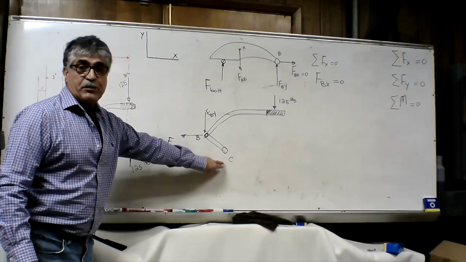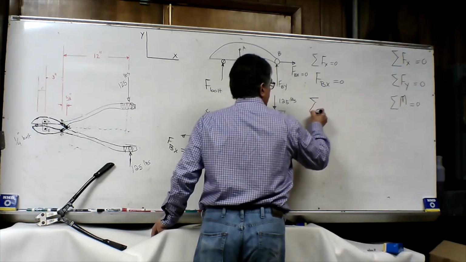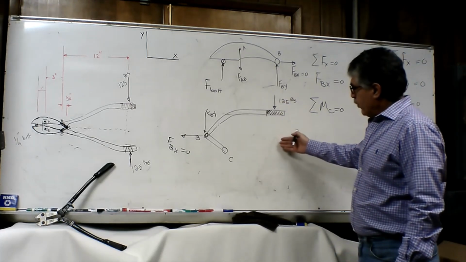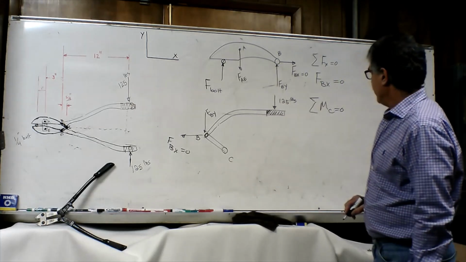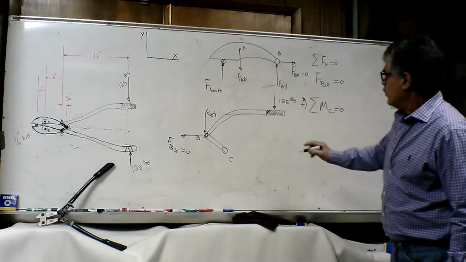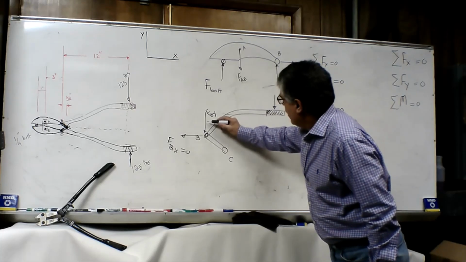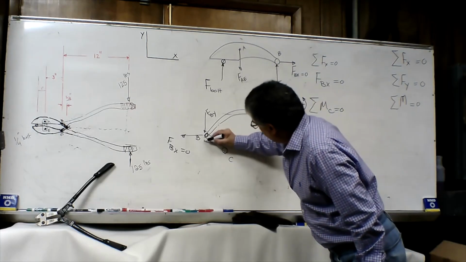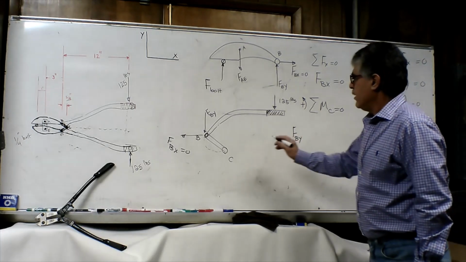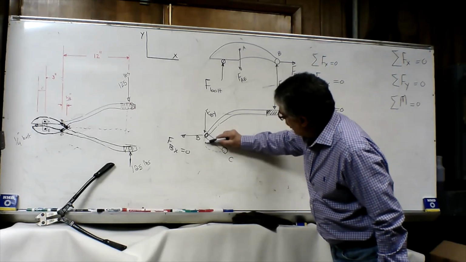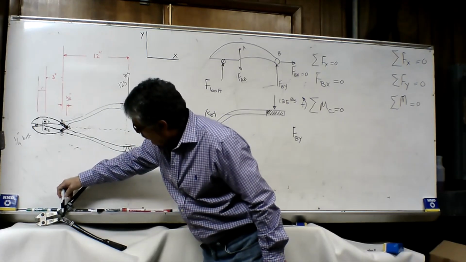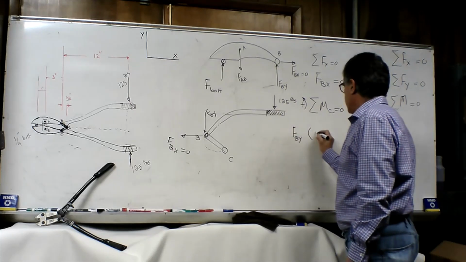Now if we take the moment with respect to point C, we know that the summation of the moment with respect to point C must be equal to 0. Moment by definition is equal to force multiplied by distance to the point that we are taking the moment. So let's assume that this direction is positive. So now we have force FBY, which is in a positive direction, multiplied by the distance between point B and point C, which is 5/8 of an inch, multiplied by 5/8 of an inch, which is 0.625,